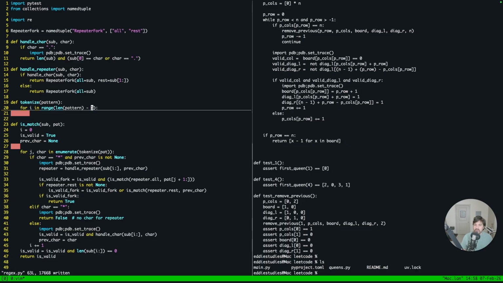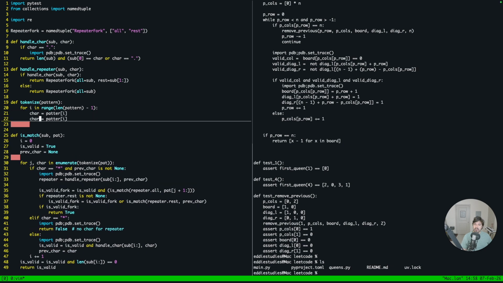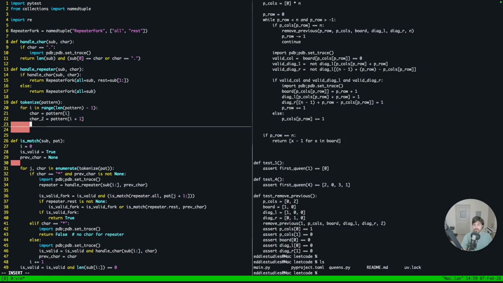So we can just assume that the current pattern is char equals pattern I, and char 2 equals pattern I plus 1. Okay. We don't want to double count, so